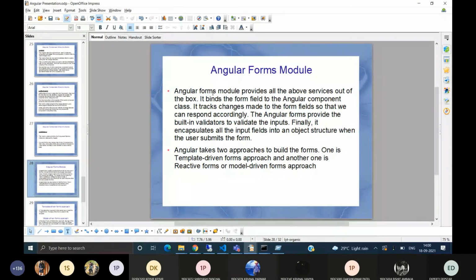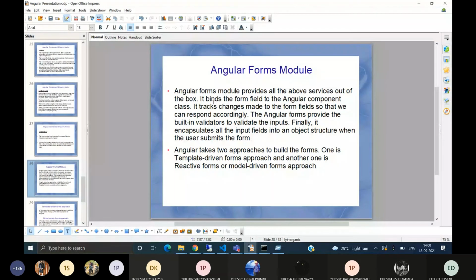Every input and every button click, and in any application we need login and user registration. We want some input from the user, and we want to show data. All this is done through the forms module. The Angular forms module provides all the above services out of the box.